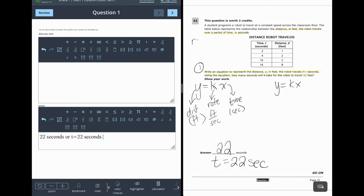So we know our rate is equal to y over x. So I'm going to choose a pair. I'm going to choose this one over here, the coordinate pair 2 and 1. So y is 1, x is 2. So our rate is 1/2